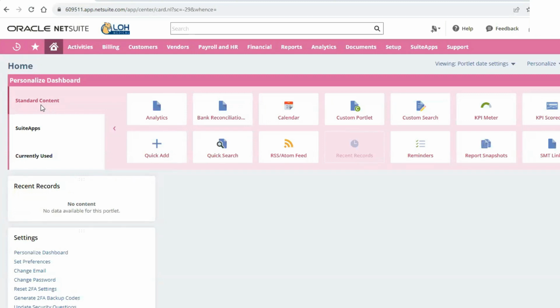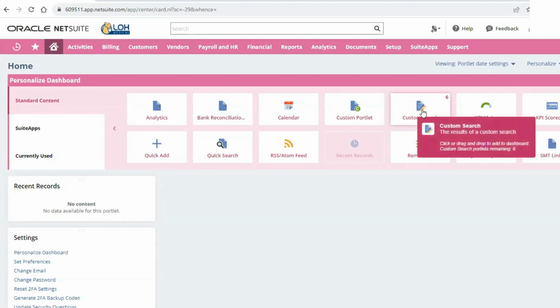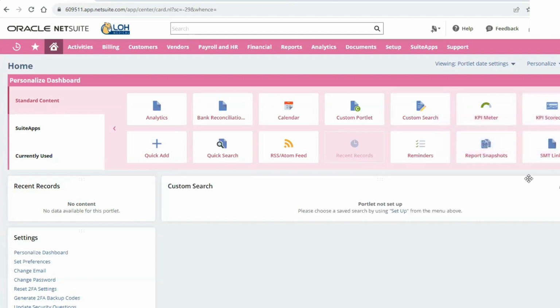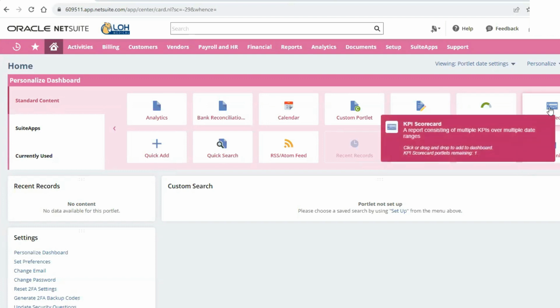So let's start with a report and a search portlet. So this is a custom search portlet. In this portlet, you'll be able to see the results of a custom search. Here's a KPI scorecard.